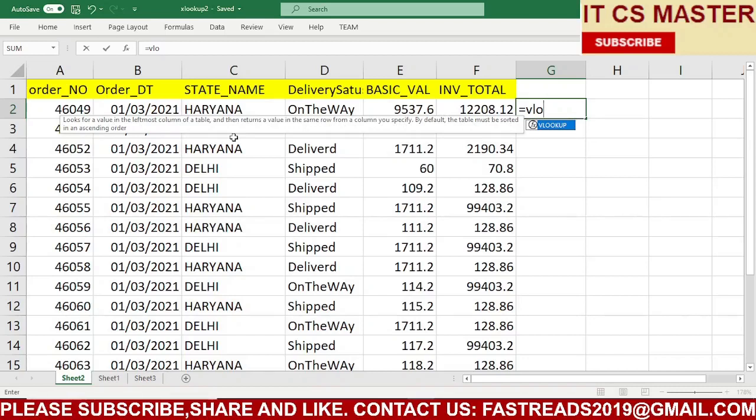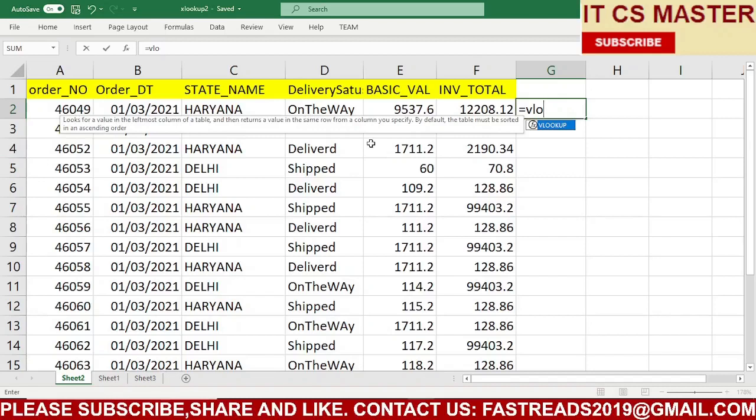VLOOKUP is vertical lookup. So first we begin with a regular example. Suppose first I am taking a single sheet. We will cover the VLOOKUP formula in two or three videos; today we are going to see the basics only.